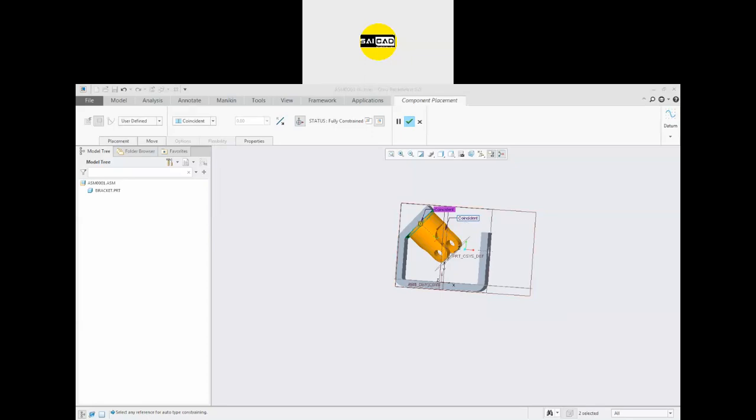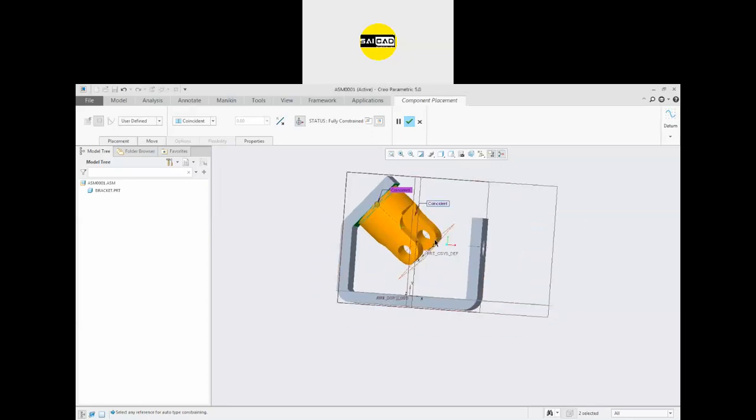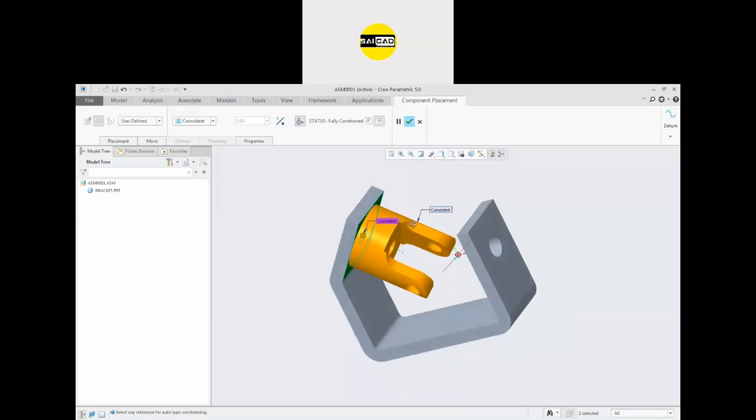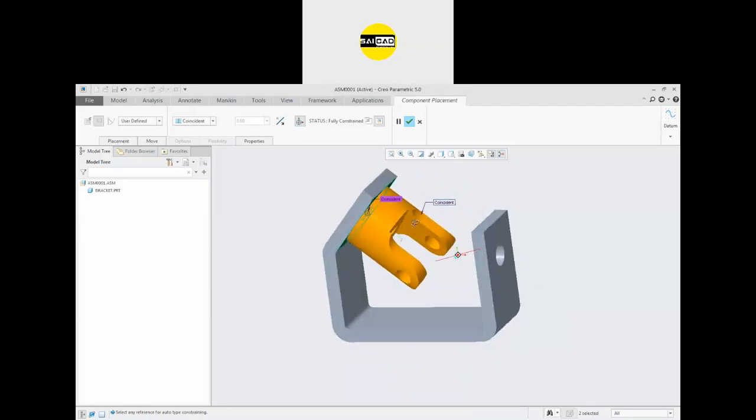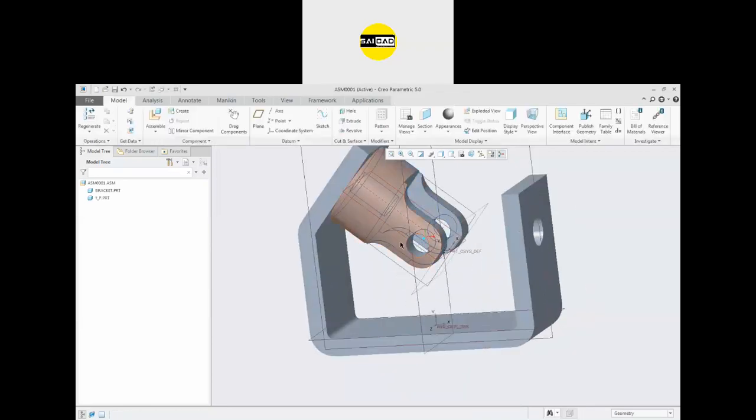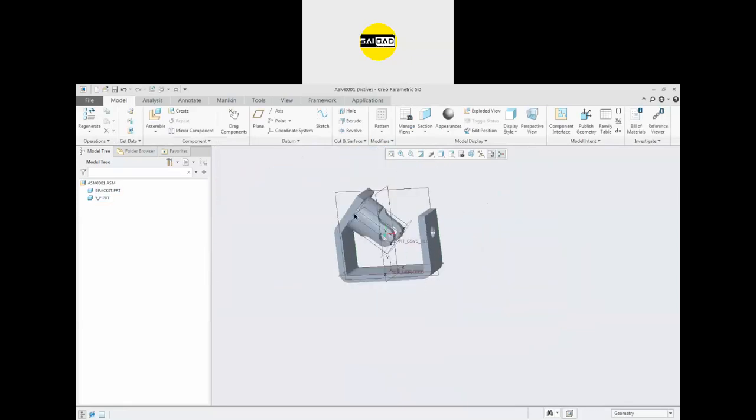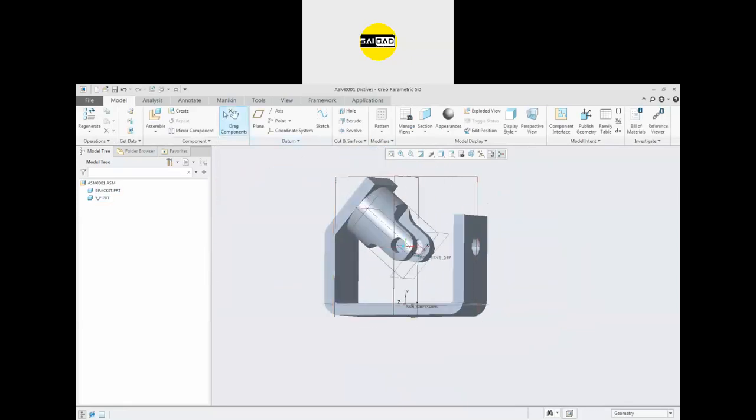Okay. So like this way, you can apply some constraint here. So right now, I have applied the constraint, but this object is fixed now. To check the rotation of the object, you can go to this option, drag component, from here. You will get some options like here. You just have to select the object and drag the object like that. But you can see this object is fixed now. We cannot drag it because we have not applied any joint from the option.